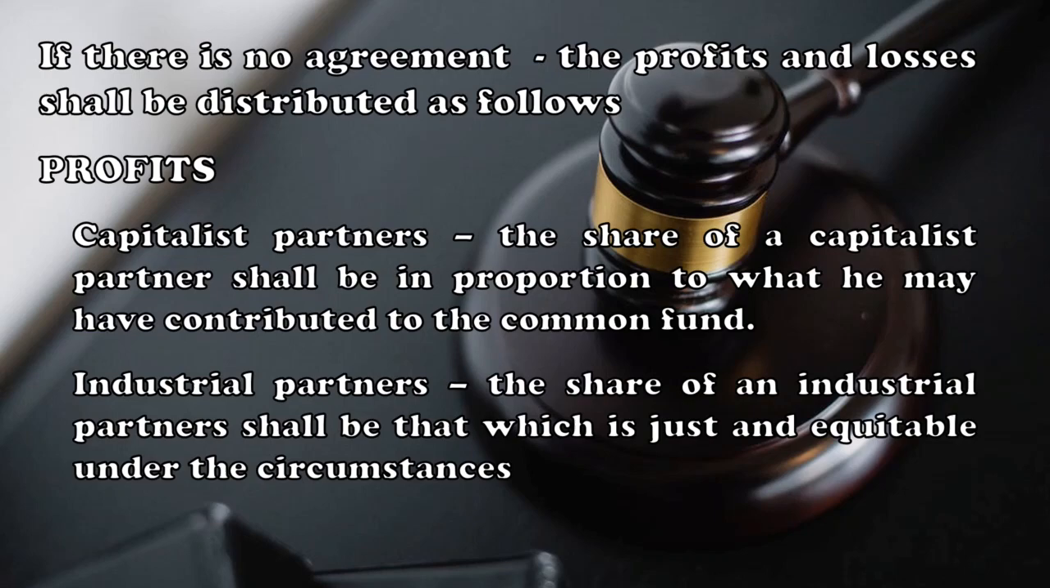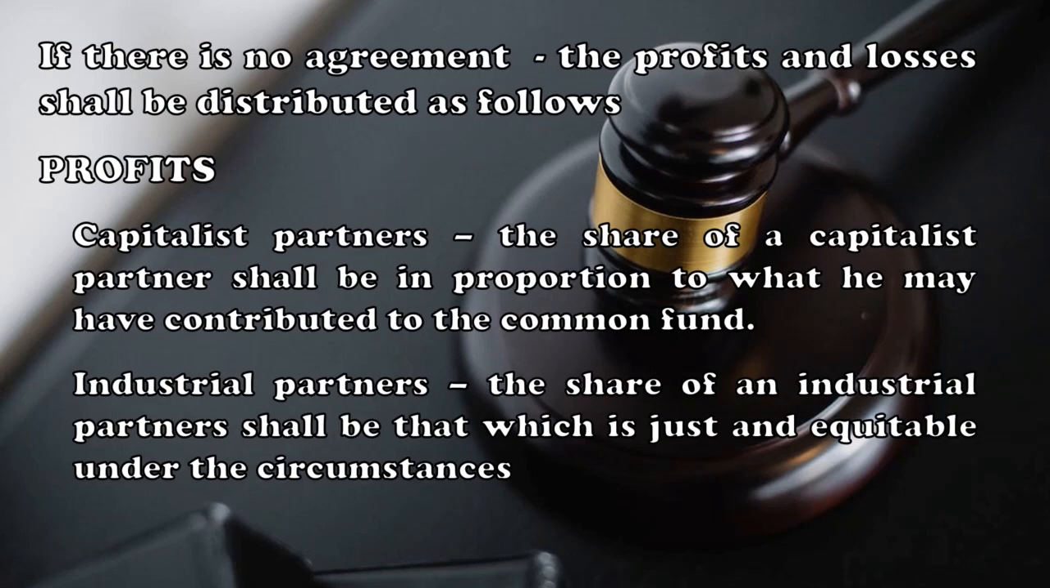So, if there is no agreement, wala nakalagay na agreement, the profits and losses shall be distributed as follows. Kung lumago yung business, ano mangyari sa capitalist partners? Ulitin ko lang, ang capitalist partners, sila ang mga partners na nag-contribute ng money or property. The share of a capitalist partner shall be in proportion to what he may have contributed to the common fund. Kung magkano binigay niya, sabihin natin, nakabigay siya ng 80% yung capitalist partner na ito, then 80% din yung mapunta